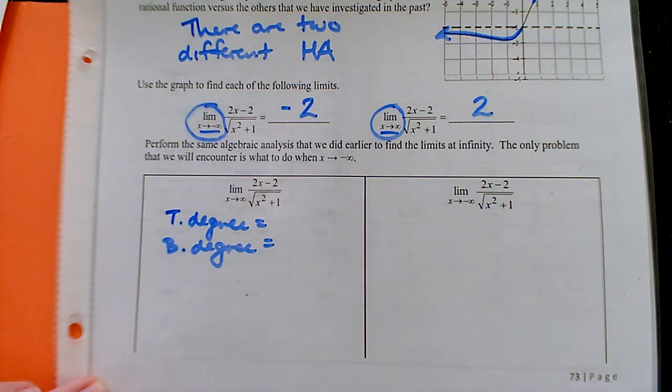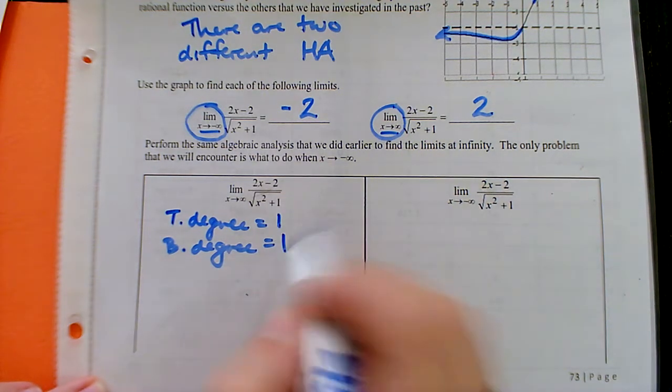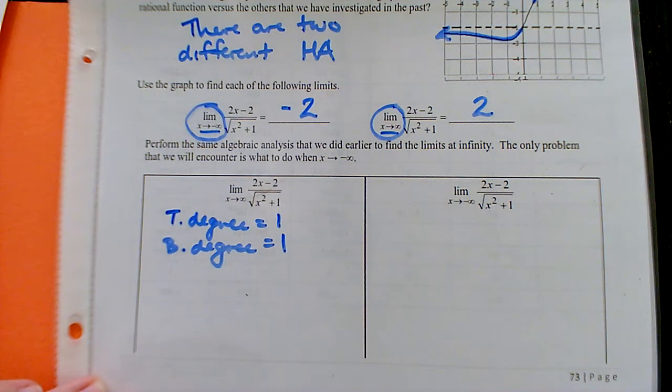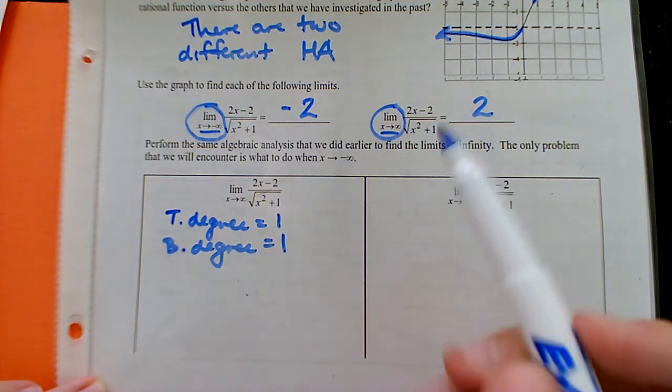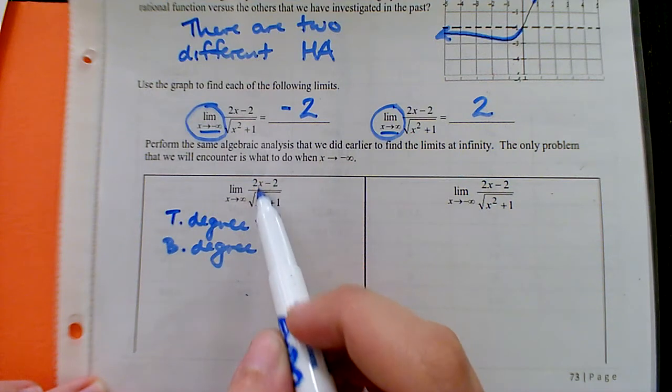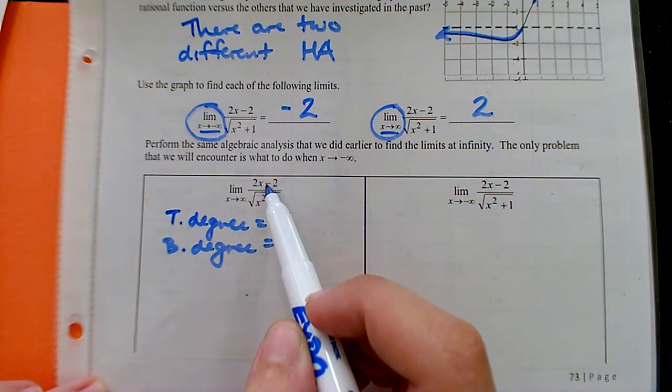What do we think? Maybe? Both 1. Why are they both 1? Because the x squared is under a square root. Okay, so in terms of those infinite limits, if we were to actually plug in infinity, subtracting 2 really